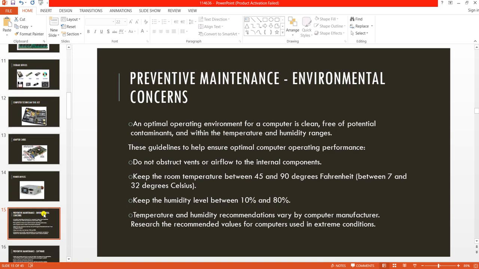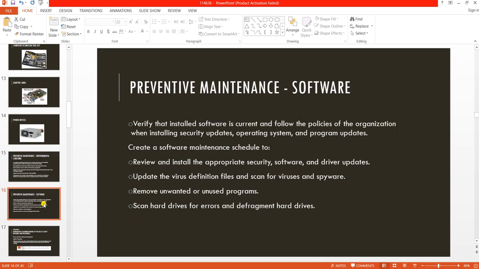And also, slide number 16, preventative maintenance. In terms of the software, you need to verify that installed software is current and follow the policies of the organization when installing security updates, operating system, and program updates. This is very important. In one of our sessions that we had,